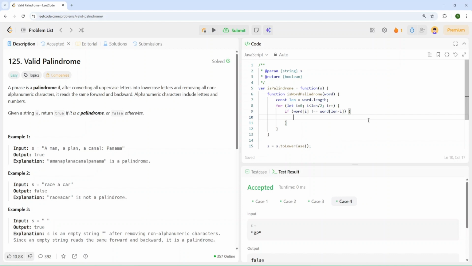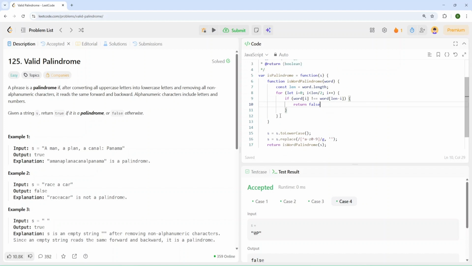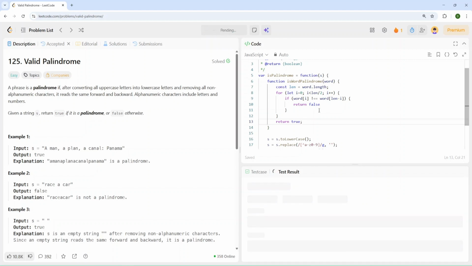Okay, and if they don't match, we can return false, and otherwise we can return true. True means our word is a palindrome.